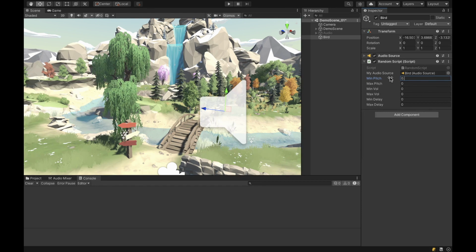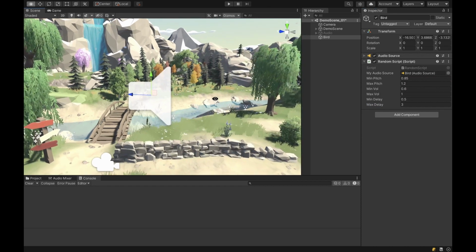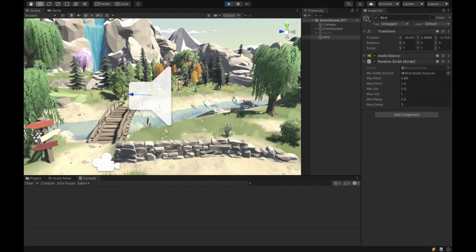So 0.85 and the max pitch, let's go 1.2. So it's not a huge variation, but it'll sound a bit more natural. Min volume, let's go 0.6 and 1. And then min delay, let's go 0.5 and 3, which was actually working pretty decent before. Alrighty, if we push play,